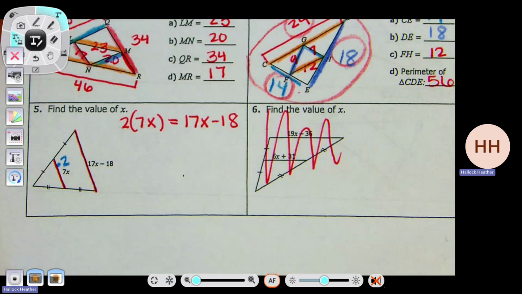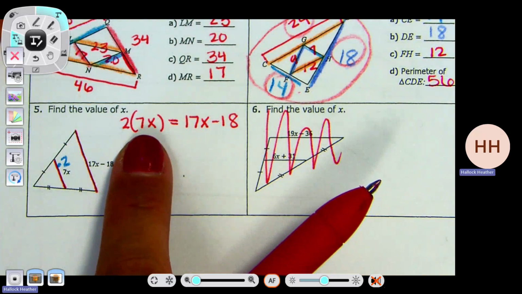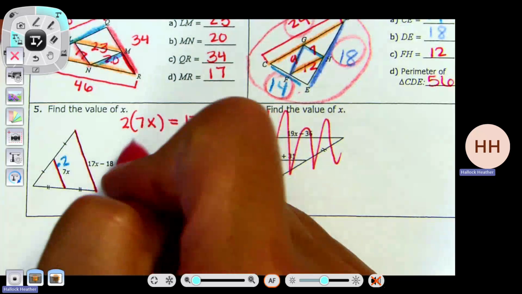Let's just double the inside. So we're going to double it. Technically, we're going to multiply this. If it had more than one term, we would use the distributive property. 2 times 7x is 14x